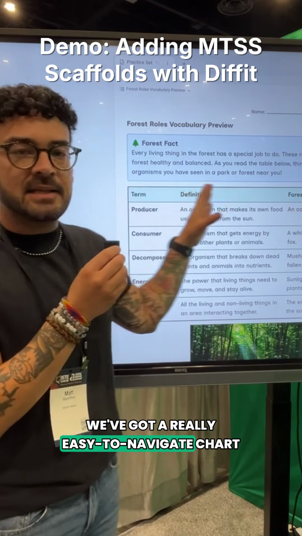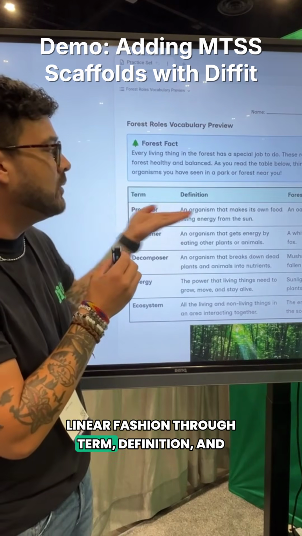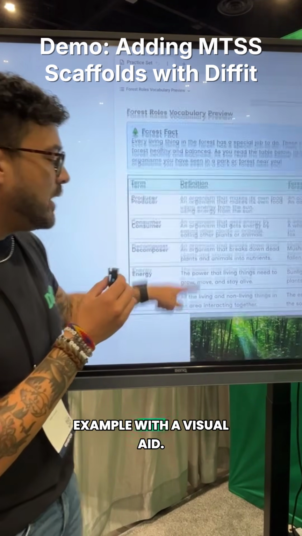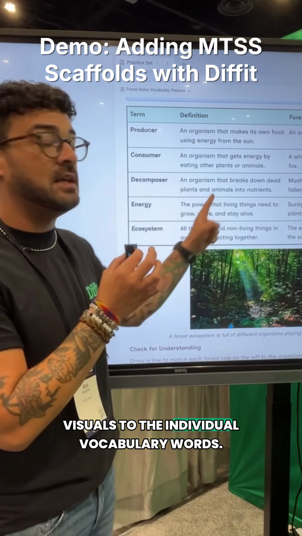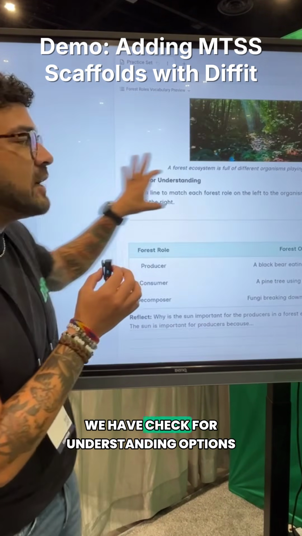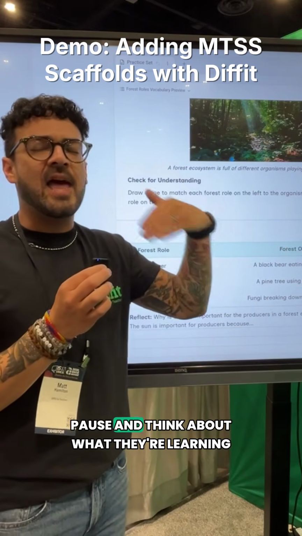We've got a really easy to navigate chart that's going to take students directly in a linear fashion through term, definition, and example with a visual aid. And of course, you can always use Diffit to add visuals to the individual vocabulary word. We have check for understanding options throughout, which is going to, again, help them pause and think about what they're